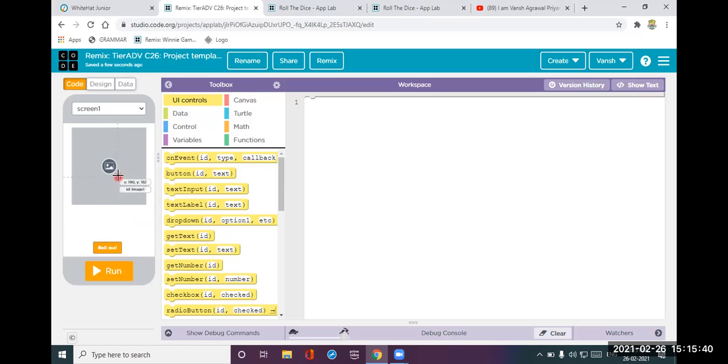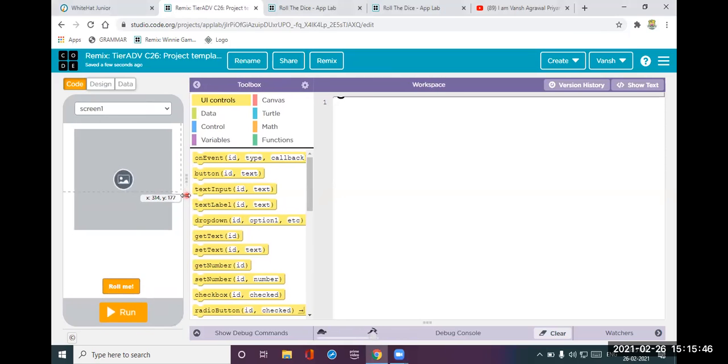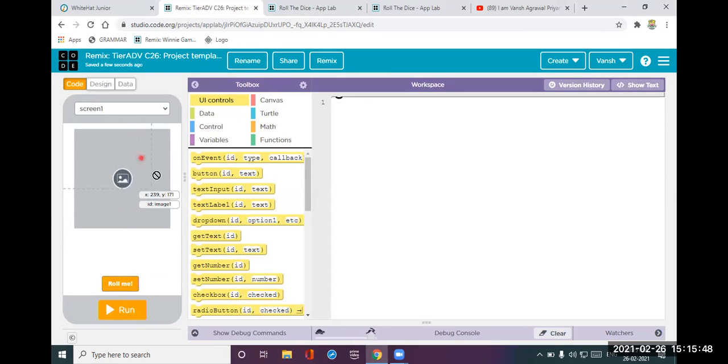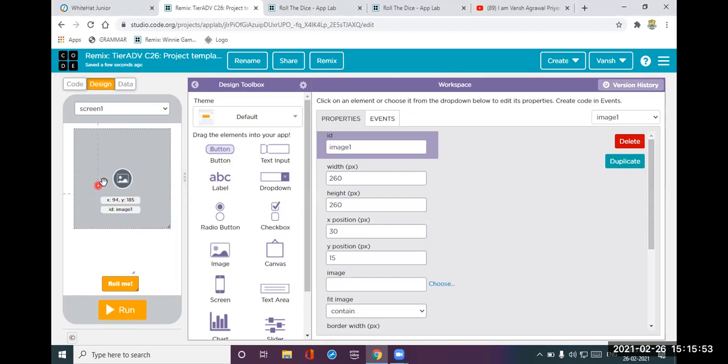There are three things that we have to take from the design part. One is an image, in which we will display the dice images.